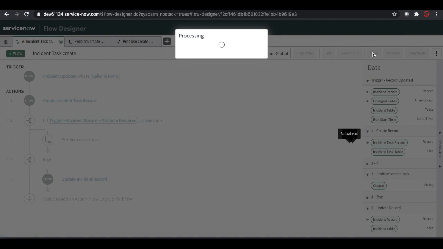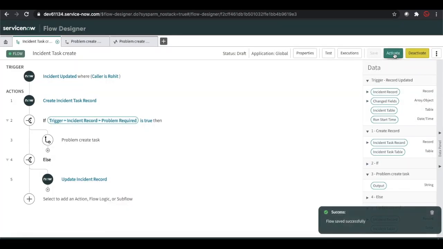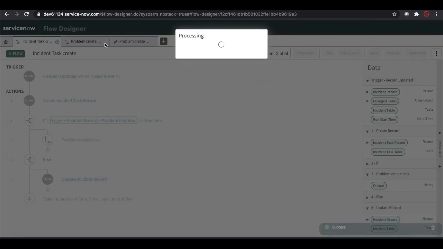Let's save that and activate it and see how it looks. Activate. Okay.